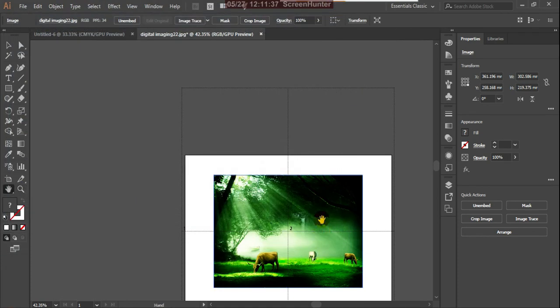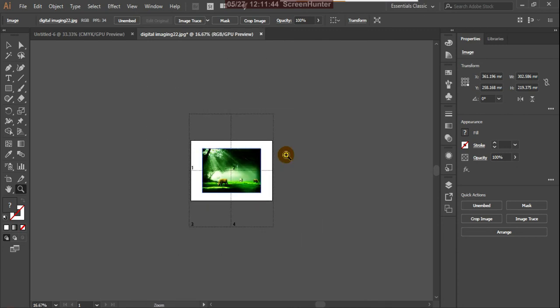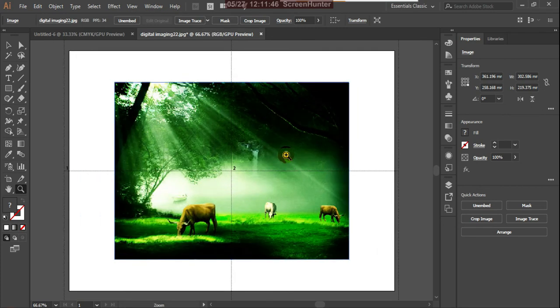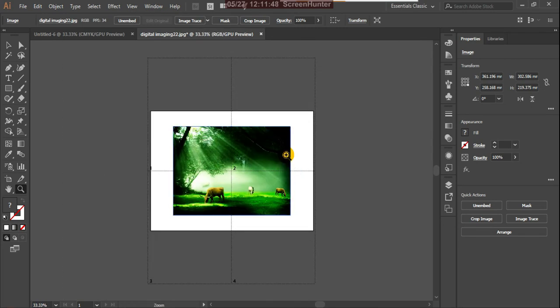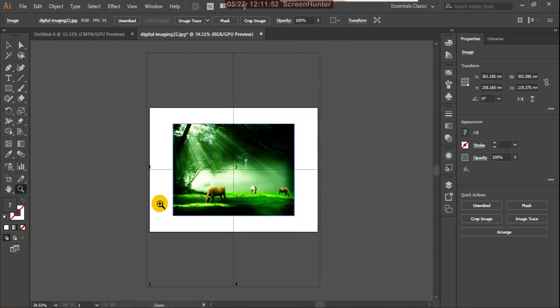Then suppose you can use control minus and control plus also for zooming. Okay, so we can drag manually, or control plus and control minus also we can use.